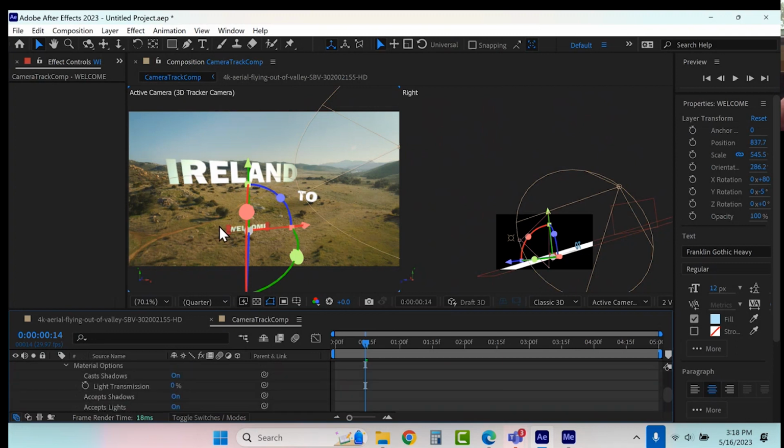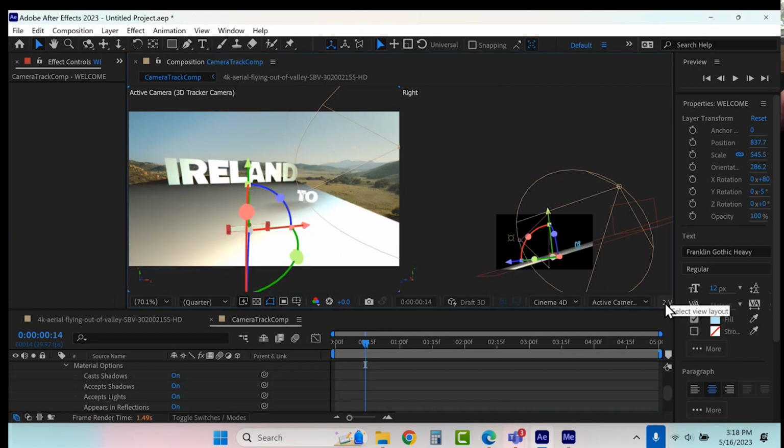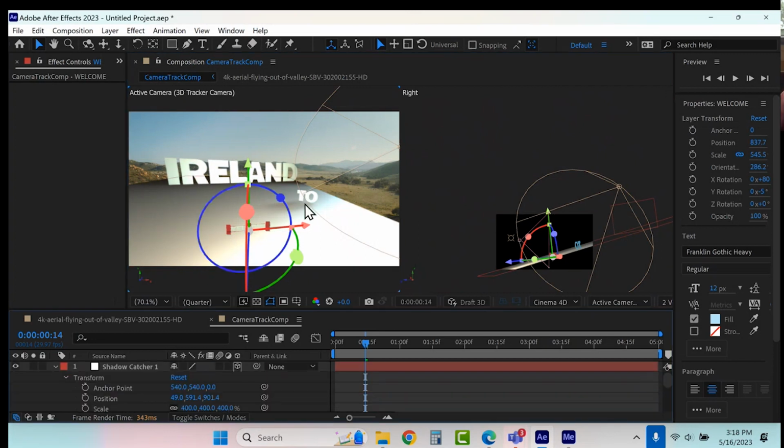Right? But again, remember, it's just a 2D layer. So this could be something where I switch from 3D to Cinema 4D. Let me just switch here, because I know this is going to really slow down my computer. And by switching to Cinema 4D, where's my shadow catcher at? Why did that do that? You see, it now is capturing the shadow cast.